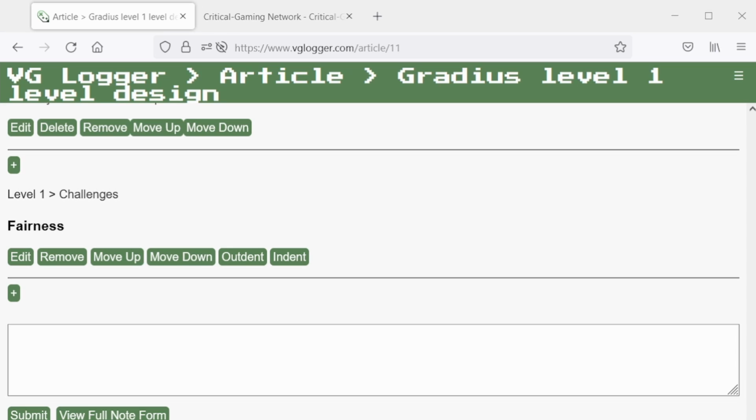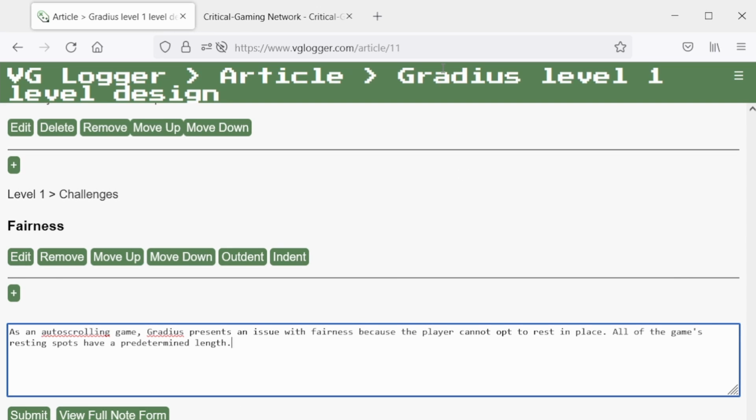With regards to fairness, there's always that caveat about auto-scrolling games. Unless you're using the pause button, Gradius comes at you and there's not really a moment of rest. Even with the pause button, you can't stop to observe what enemies will do at a safe distance because they're constantly going to be coming at you. But other than that,